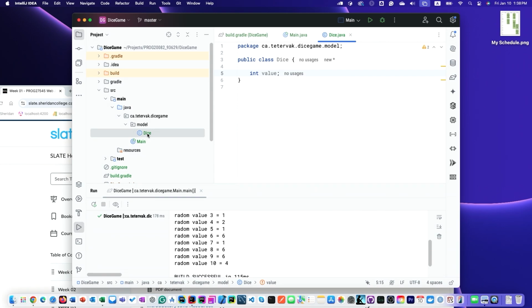But if you create another class here, it will be visible to that. If you say private, it will be only visible inside of the class. If you say public, everyone can see it. So I would say private and say now it is visible only inside of the class. It means I cannot see it outside of it, and if I want to access it, I need to provide